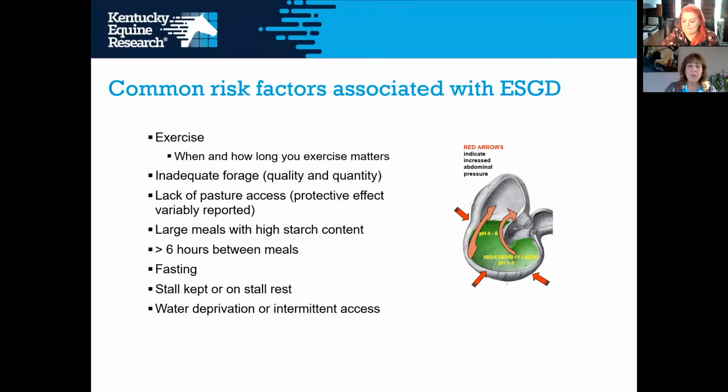So some common risk factors. What can increase the risks associated with equine squamous gastric disease? Looking at the little schematic here, the red arrows indicate increased abdominal pressure. So when you're in situations where you get this pressure on the horse's stomach, that pressure can help push up and splash the acid on this unprotected region of the stomach. And right around here, especially if you have that fiber mat, you're going to have a pH of 4 to 6, but down here in the lower portion of the stomach, that's where you get the really acidic pHs